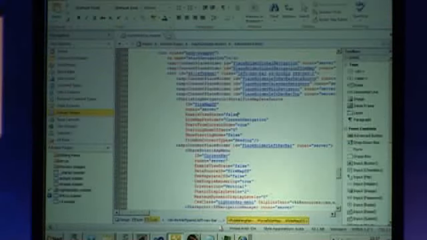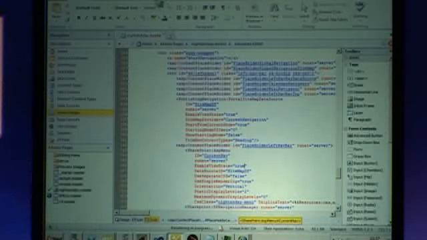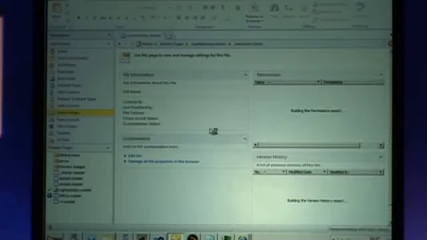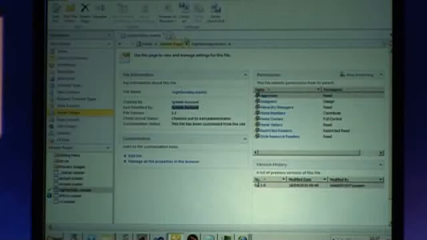If we go into SharePoint Designer and change enable view state to true, and then go and publish that, timed out. I hate SharePoint Designer. There we go. So if we check that in,